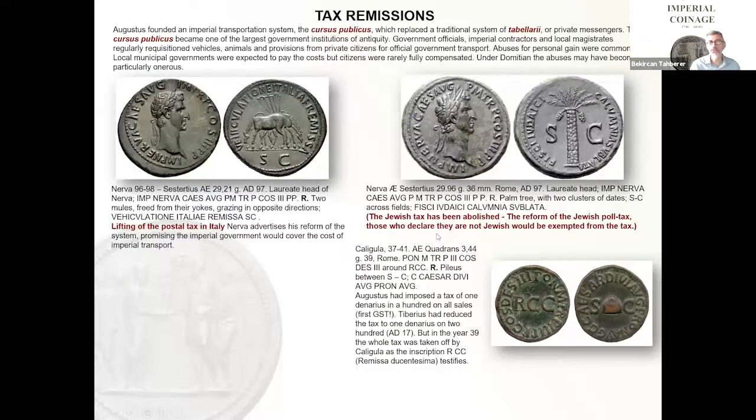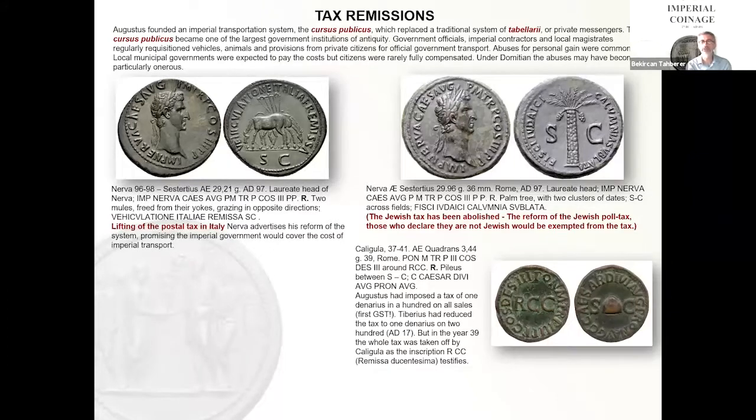Sometimes this is, well, it says the Jewish tax has been abolished, but actually it's not a tax that was imposed on the Jewish people, but on the people that were considered Jewish. Even though they claimed they were not Jewish, nobody cared for them. So in the Jewish